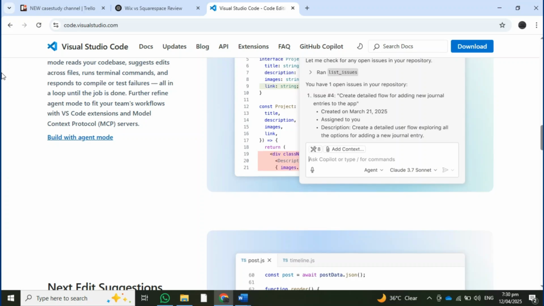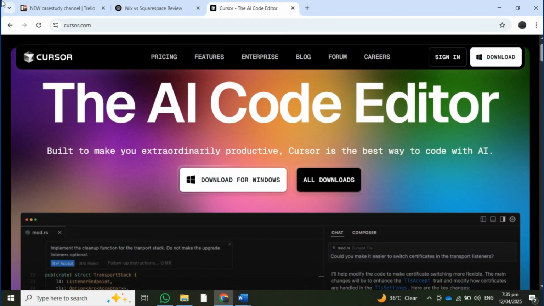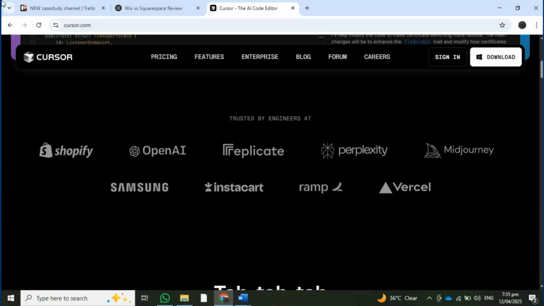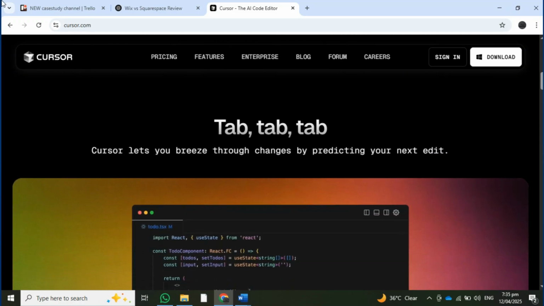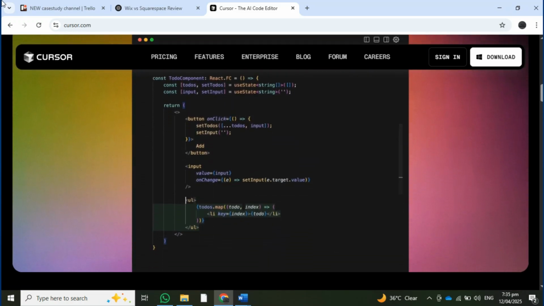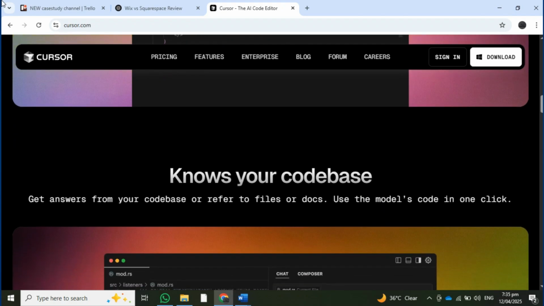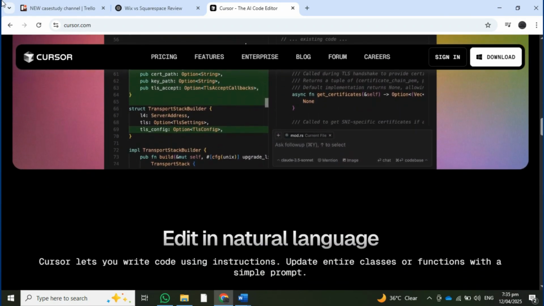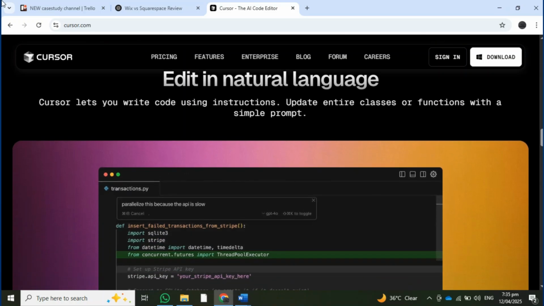Now, let's talk about Cursor. Cursor is a relatively new AI first code editor designed from the ground up to integrate AI assistance deeply into the coding workflow. Pros of Cursor: built specifically for AI pair programming, clean and fast interface, strong inline code suggestions